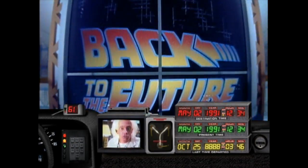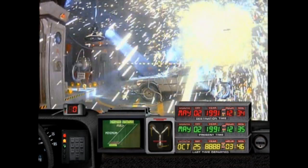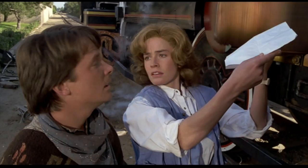So Back to the Future the Ride picks up after Back to the Future 3. Doc and his family set up residence in 1991, where Doc founds the...